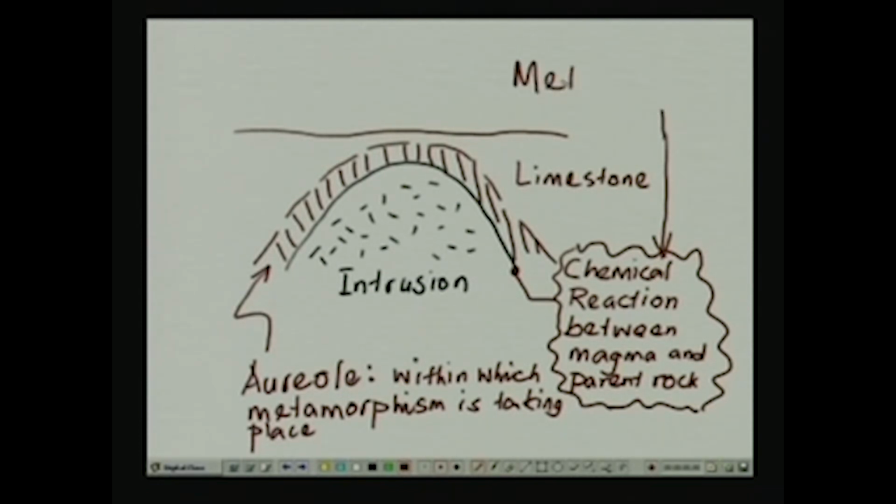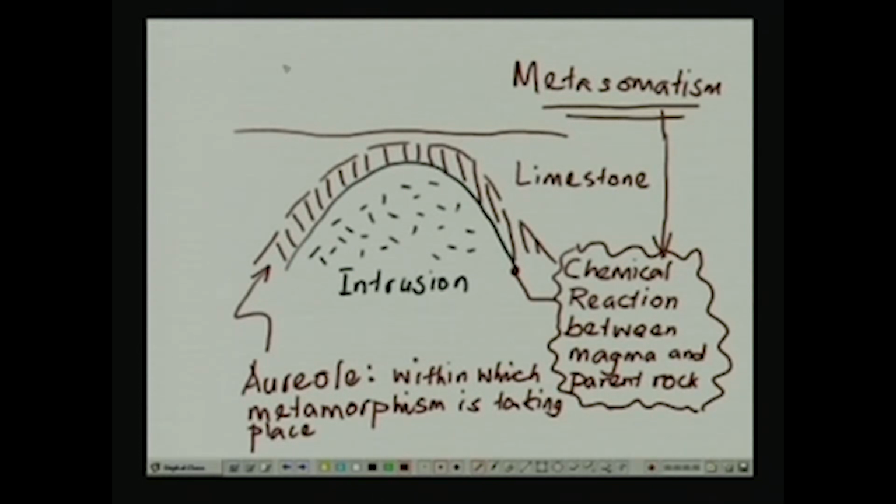This is called metasomatism, and because of that, many of the chemical species that were absent in the original rock mass are going to be introduced into the system from the intrusive body. Okay, I should also explain that what we are looking at